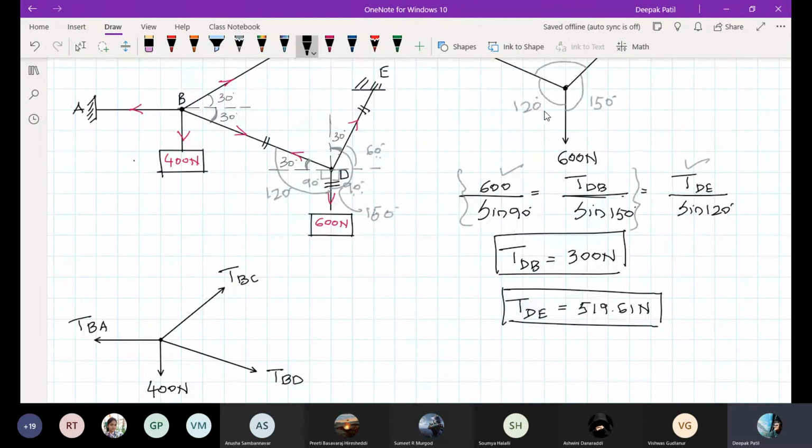Okay, then what they have given is this angle as 30 degrees. Okay, this angle is 30 degrees. So let me mark the X and Y axis here. This is your X axis, and this is your Y axis. So they have given this angle as 30 degrees, and this angle is also 30 degrees. Okay, right. So this is your point B.